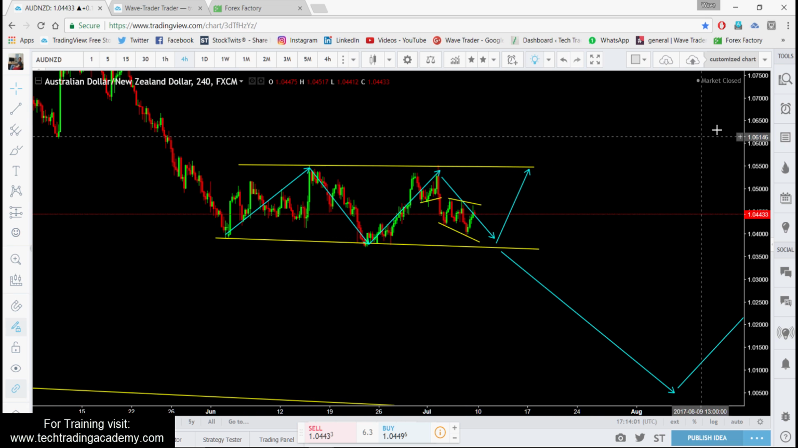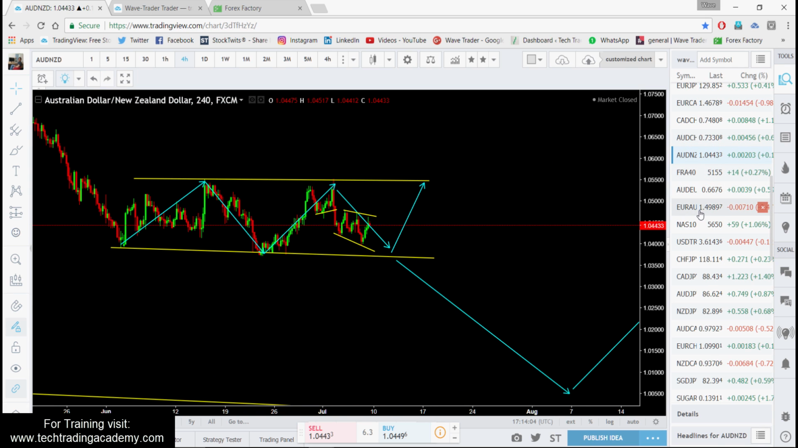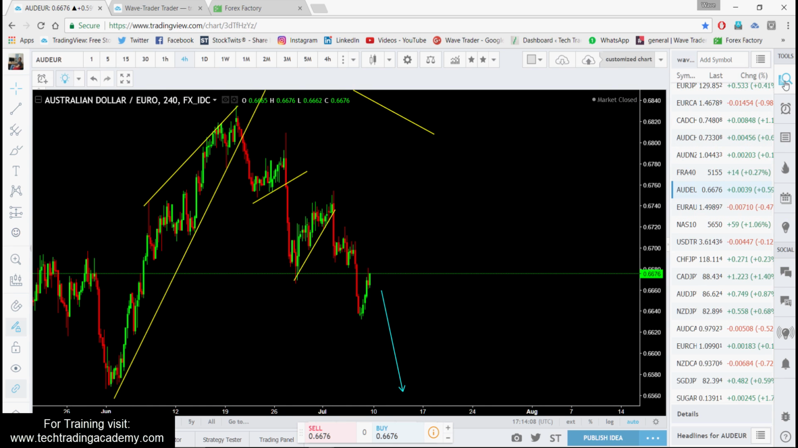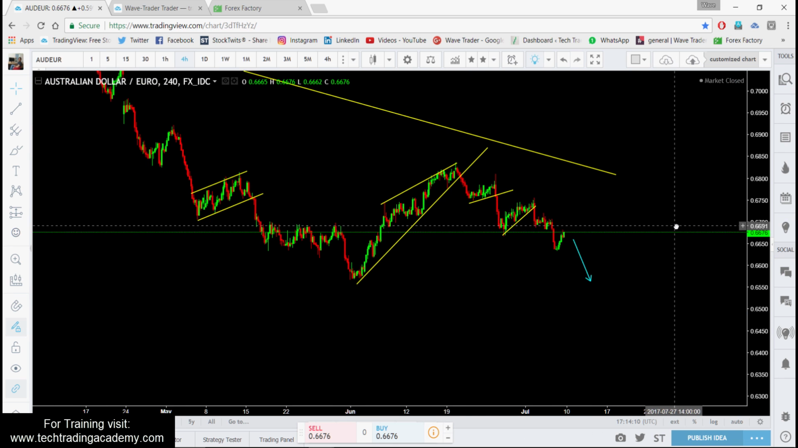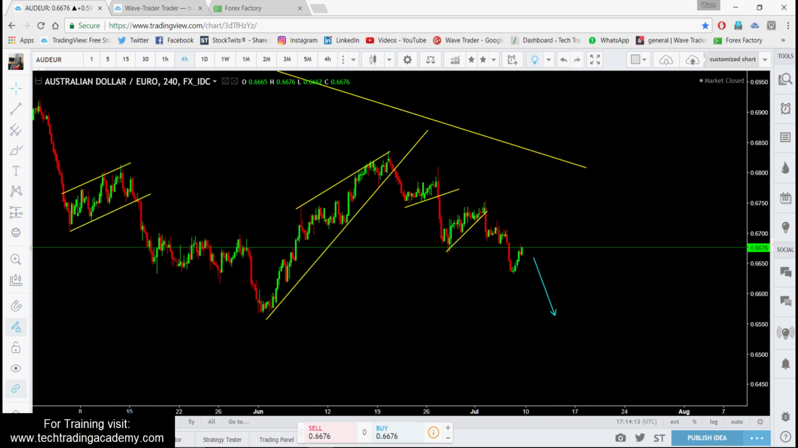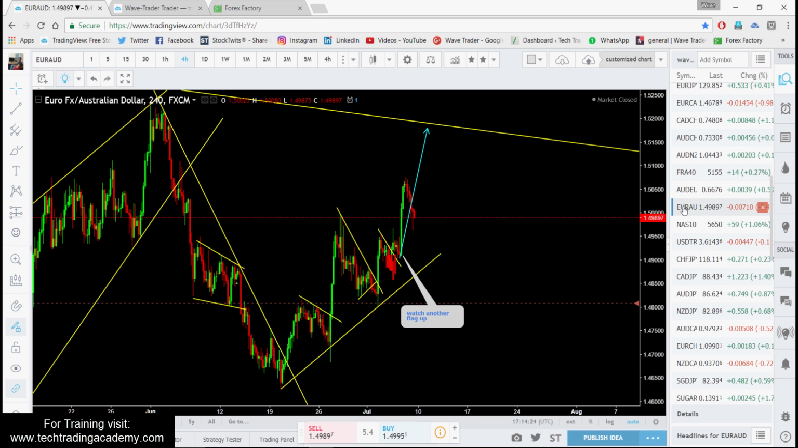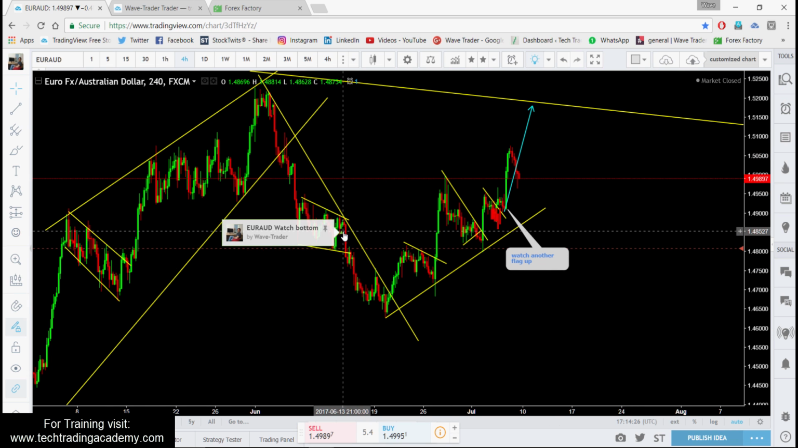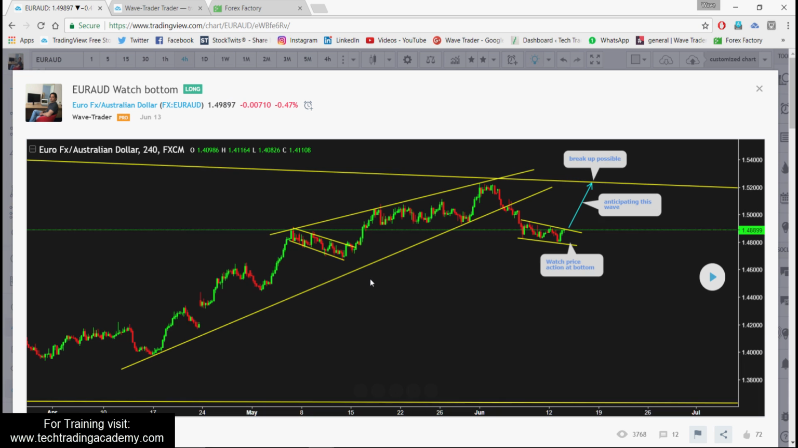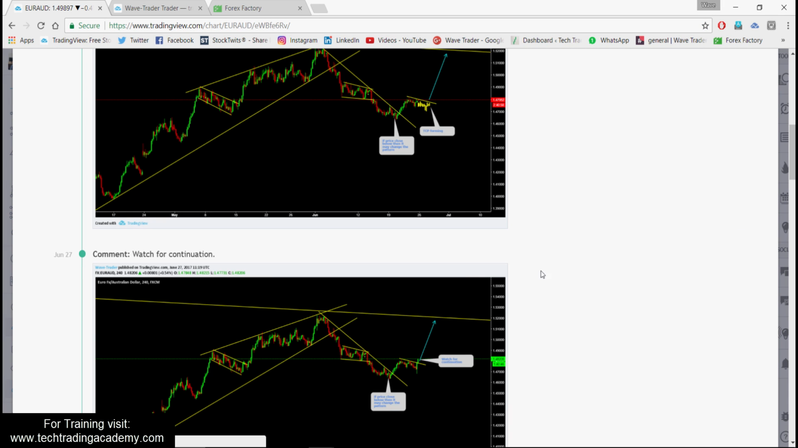All right. So on euro Australian dollar, one more move down is possible over there up to that bottom. Let me show you the other one so that you can understand this pair pretty well, because you remember that symbol. All right, so continuation,